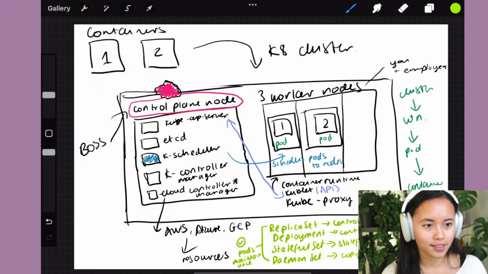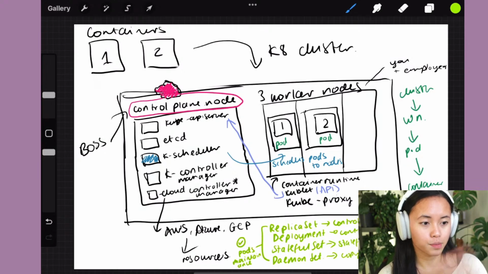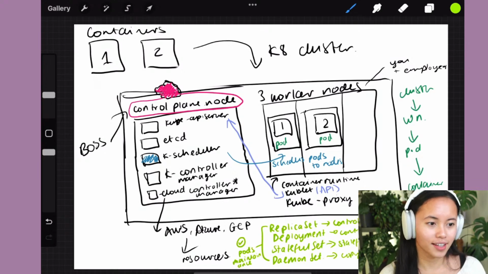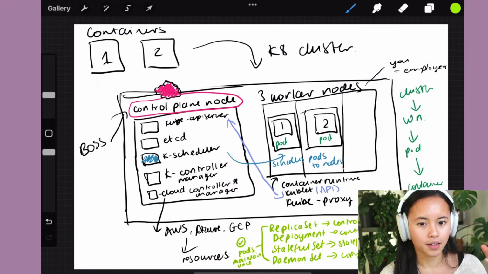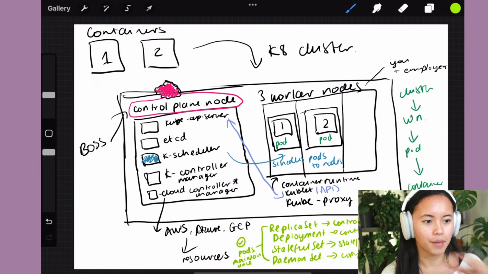And then it checks the worker nodes. And if it only has one pod and you specified 2, it's like, hey, why is there not 2? And then it creates the second pod, and you actually specify what that pod looks like and which pod it is based on